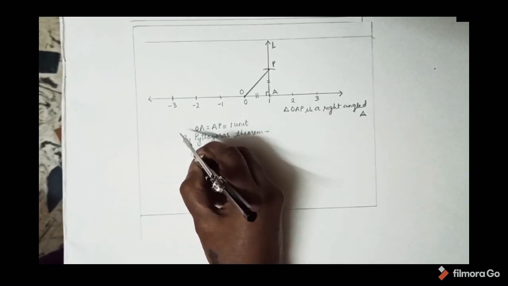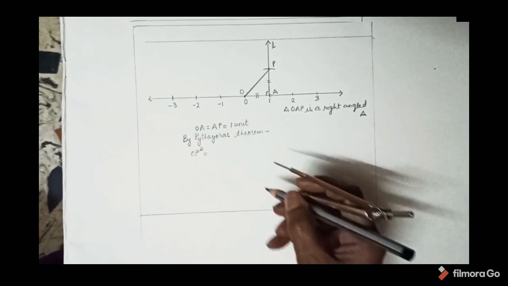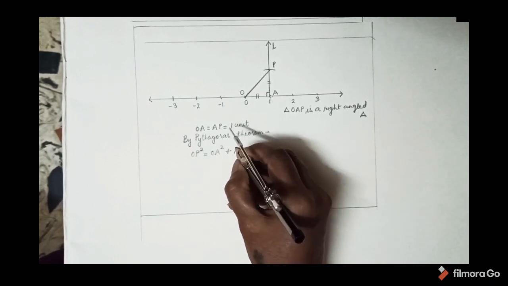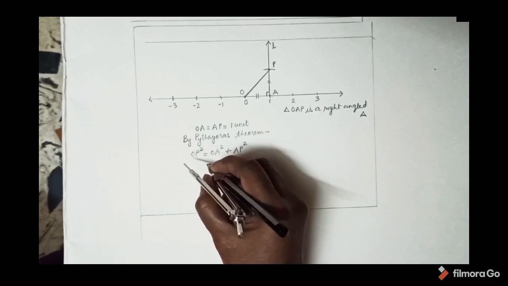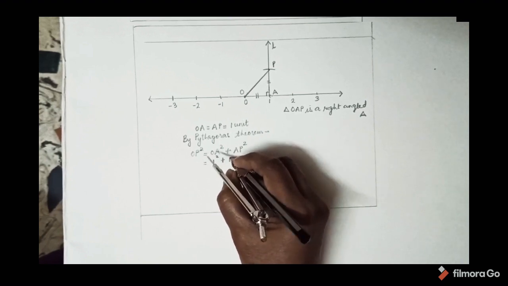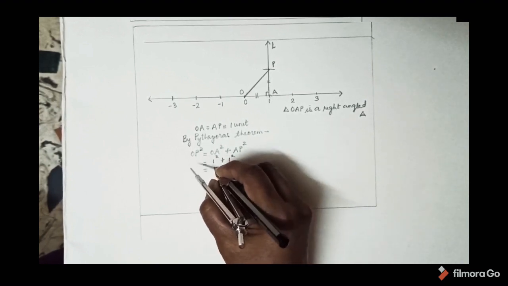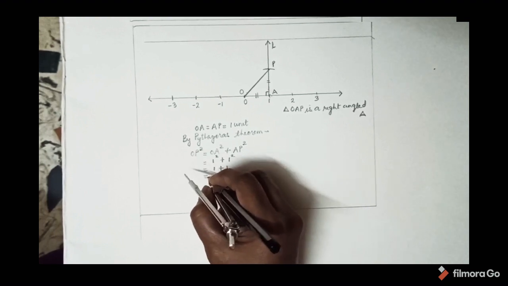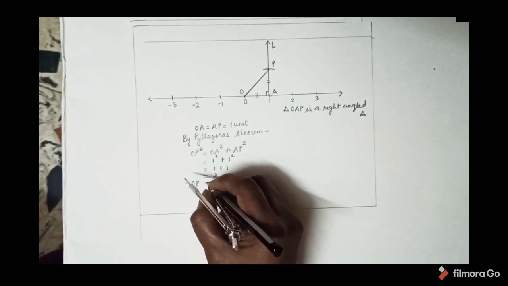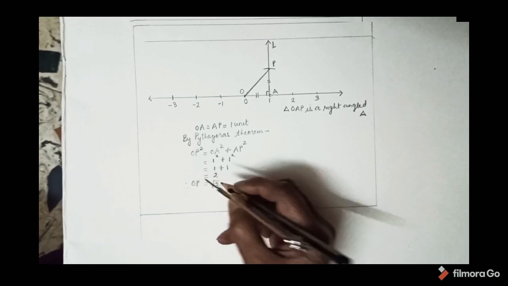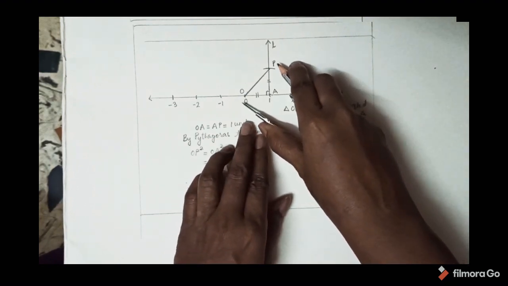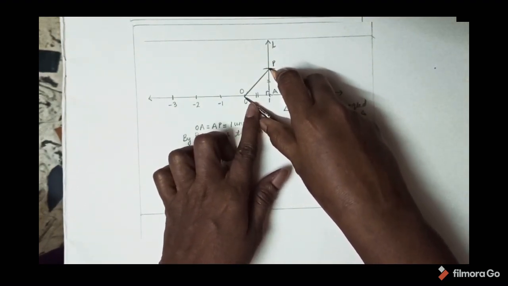Okay, I write OP squared is equal to OA squared plus AP squared. So now OA is 1, so 1 squared, plus AP is 1, so 1 squared. What I get is 1 plus 1, that is equal to 2. Therefore OP is equal to root 2, which is an irrational number. Now therefore we will take OP as our radius,